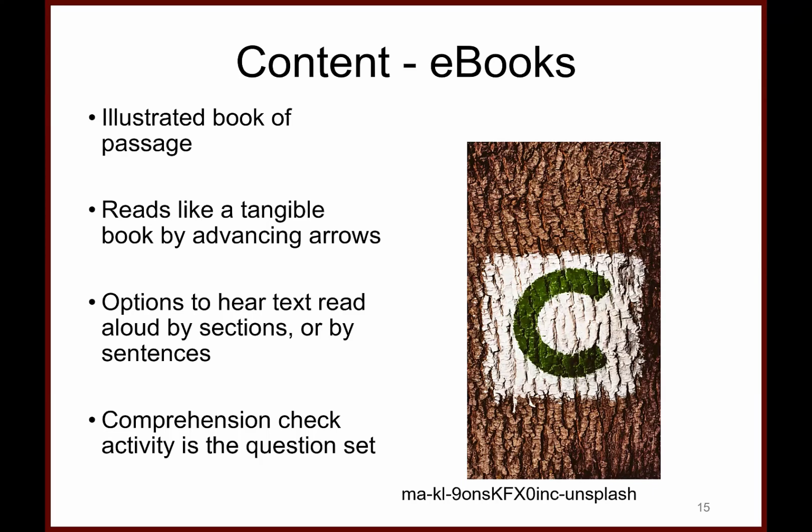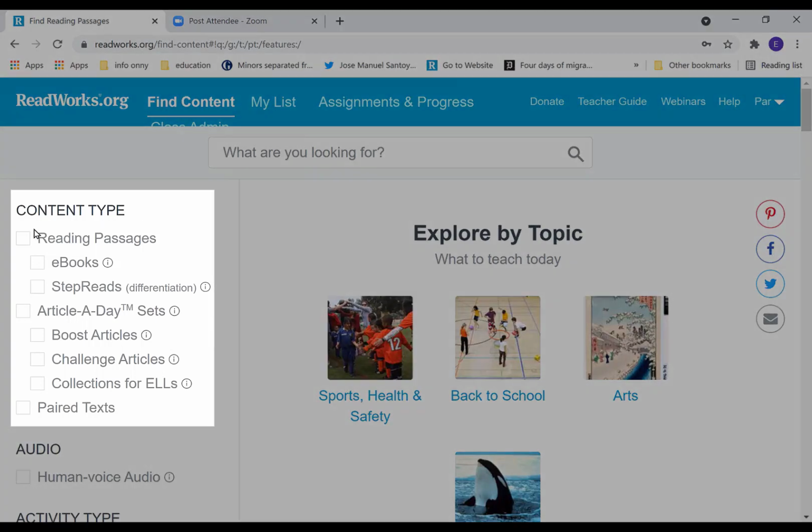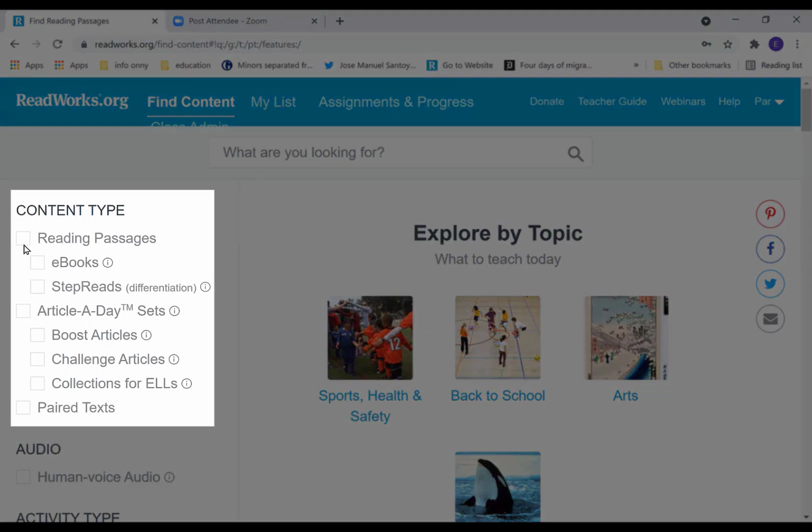All right. Well, I'm going to go ahead and go to the live site so that we can begin talking about content. And there is our live site. Notice that there's nothing shared right now. Nothing has been selected. But when I choose reading passages,